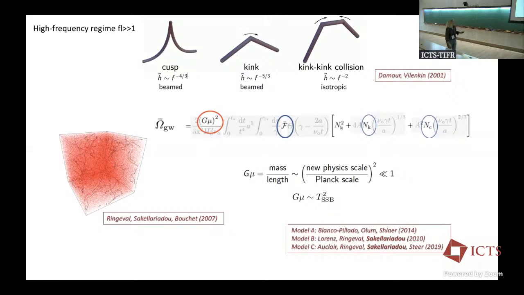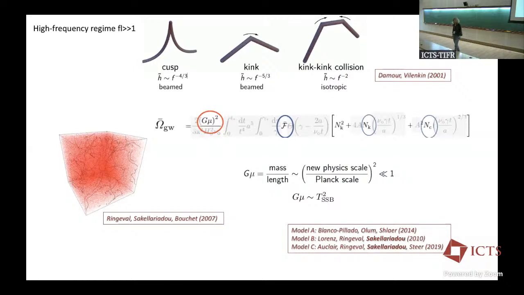So then you go to calculate the omega GW. Remember, two days ago I gave the omega GW for the case of compact binaries, and I told you that it depends on the mass, on the spin, and on the type of range. So here it depends on something that I will get from my numerical simulation, which tells me how many loops I have of a given size, the number of kinks, and the number of cusps. This is the input that I put from my model, from my numerical simulation. And then I have only one free parameter, which is the G mu, the tension of the string.